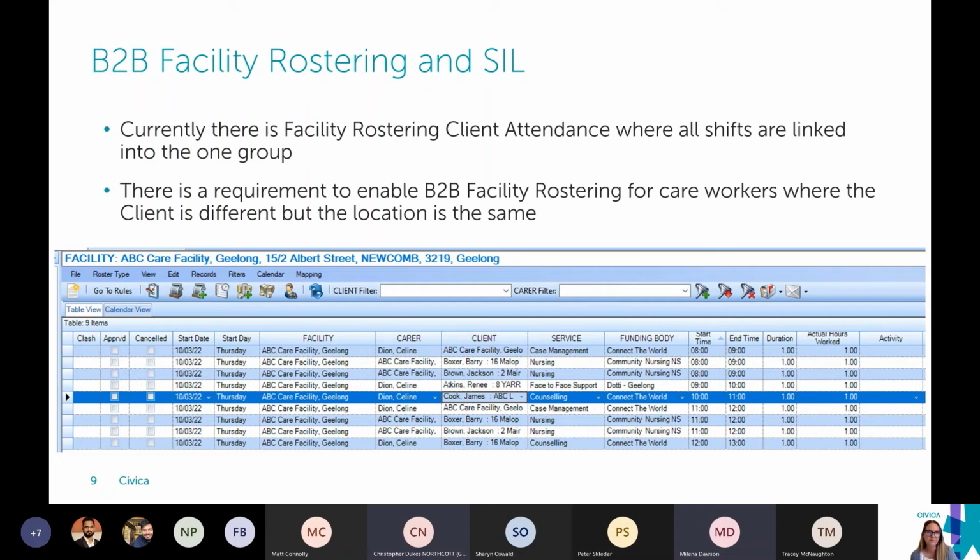The issue with that is that it is not flexible enough to be able to assist in the facility rostering side of things. So where the care worker is rostered to the facility for a period of time with a number of different shifts where the client is different, it doesn't cater to that. So we are looking to enable that so that the care worker can start a shift where they are rostered, say, from